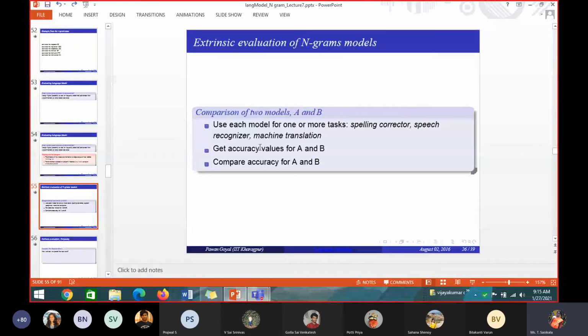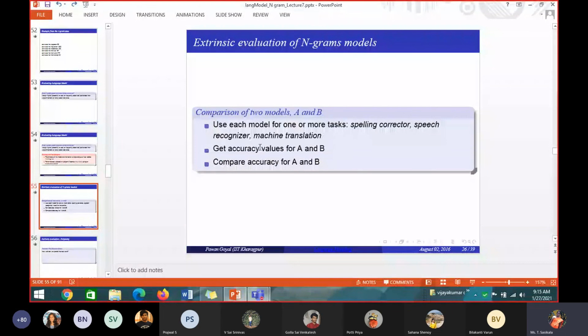Assume that for A plus B alone, you have done two models. One without using functions, the other using functions. So you assume that you have constructed two language models, A and B. You have training data, the same training data, and I have constructed two different language models. The first language model I call A, and the other I call B.